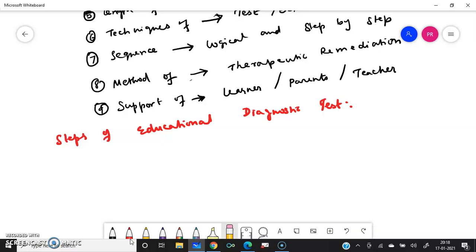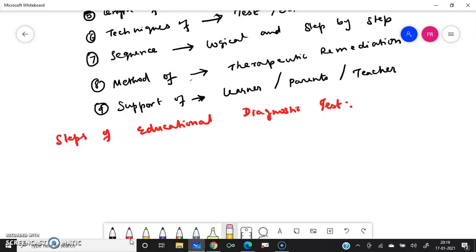Next step, first one what we have seen is, first step is identification and classification of pupils having learning difficulties. Second step is determining the specific nature of the learning difficulty or errors. That is, what is the nature of error the student is doing? You can do it using observation, and if you ask questions orally, how the student gives a response, that also gives you an idea. Your written classwork, maybe you might have given an assignment or a test to the student. So all this will help you.